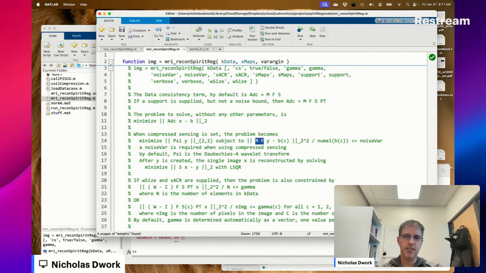So the difference is the data consistency term here, instead of being MFS, is just MFY now.